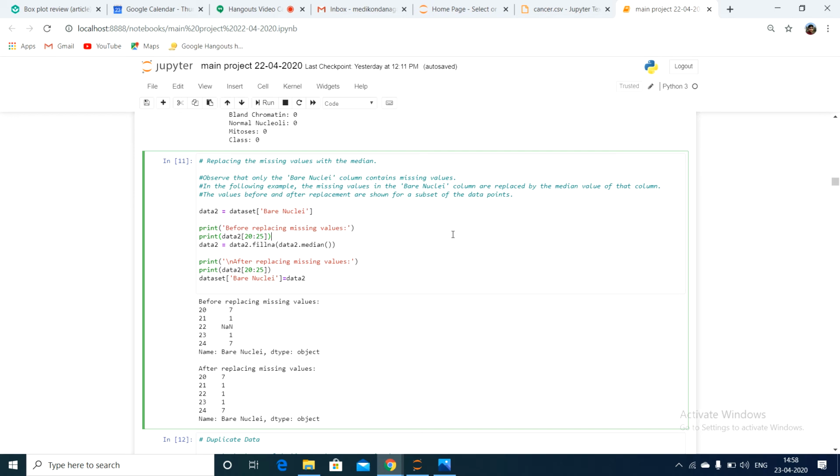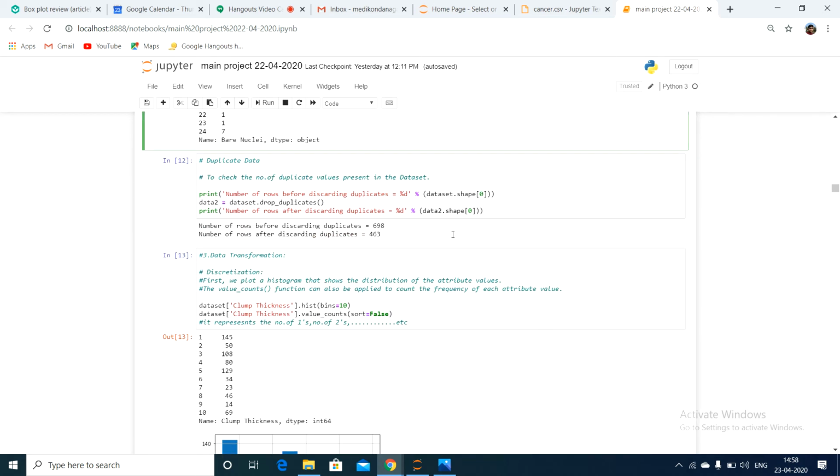If you want, we can remove the null value records. You can also remove the duplicates. These are all the things that come under data cleaning. Data cleaning is missing data handling. We can handle the missing data, remove the missing data, and remove the duplicate data also. This entire concept comes under data cleaning.